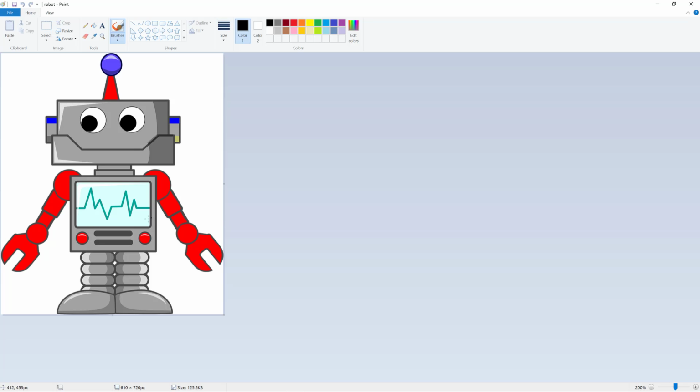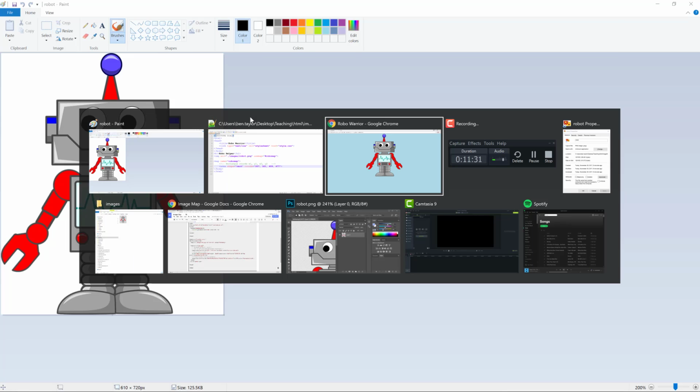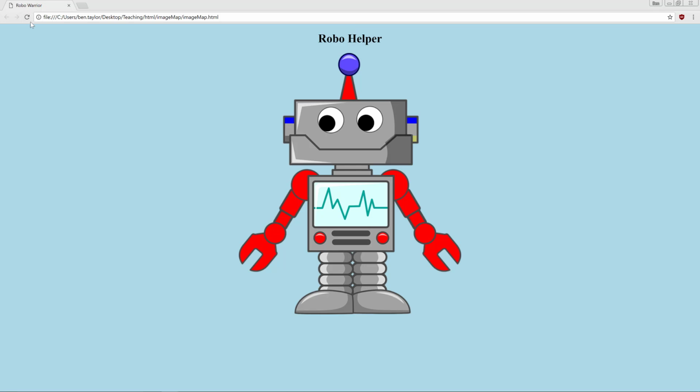and they're the ones down at this corner. So I'll go over to this corner right here, and I see I got 409 and 477. So I'll go back over here and type in 409 and 477. Now, if I've done everything correctly, and I go back to my browser, refresh, I should now have an image map